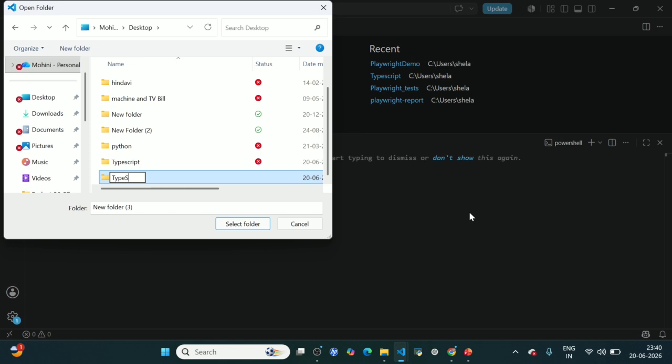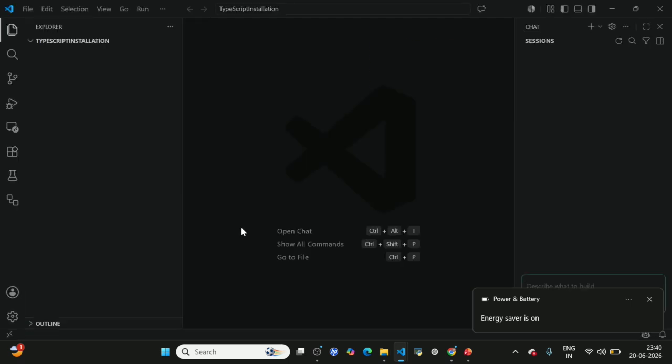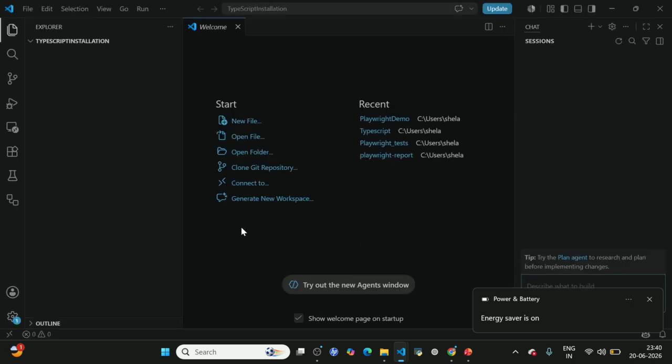TypeScript installation. So I have created a new folder. Let me select this, and we can select the folder. So here we can see I have created the TypeScript installation folder, and